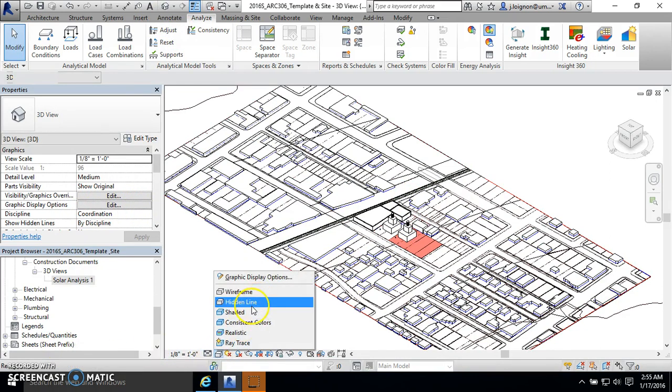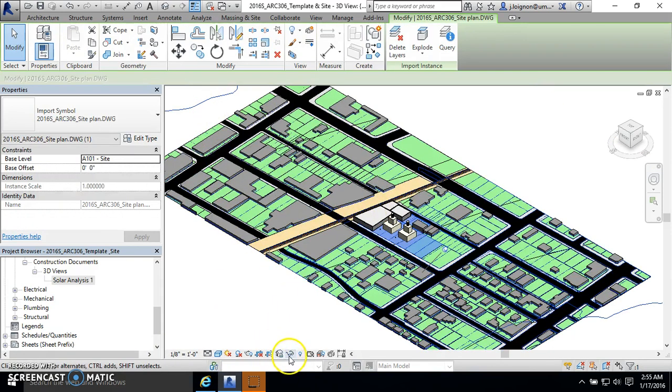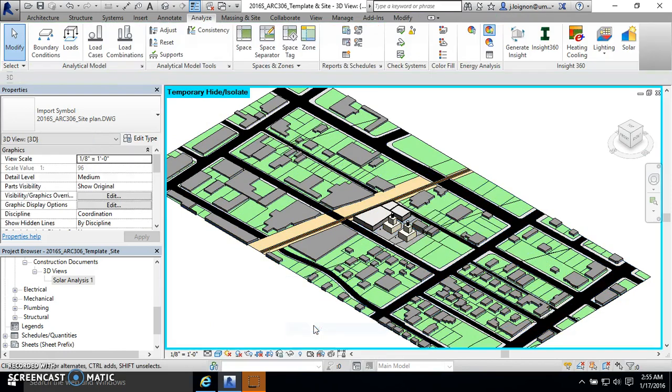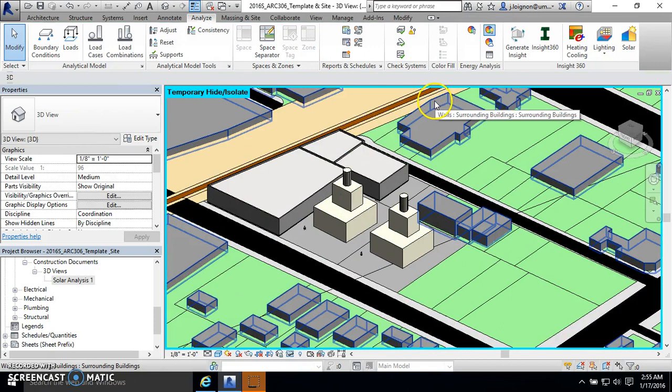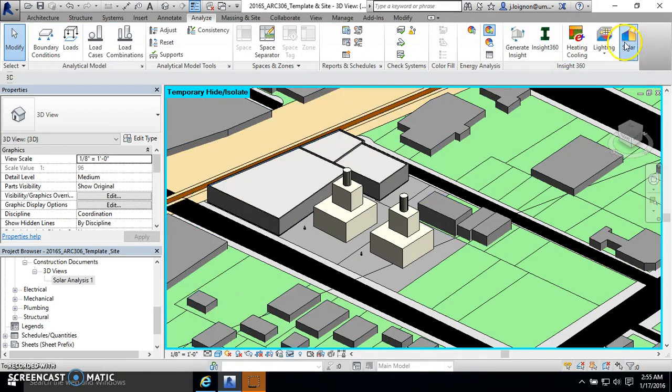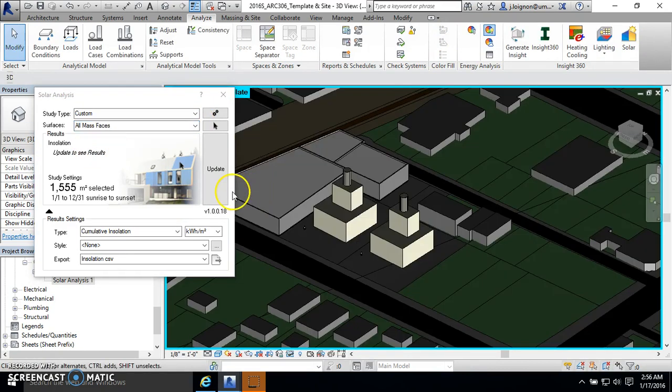Go to shaded. And let me hide this for now. So now it may hopefully work. Sometimes just resetting the views is helpful. So now if I do it,